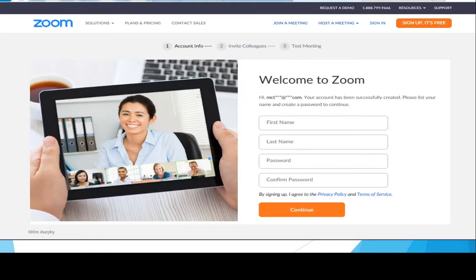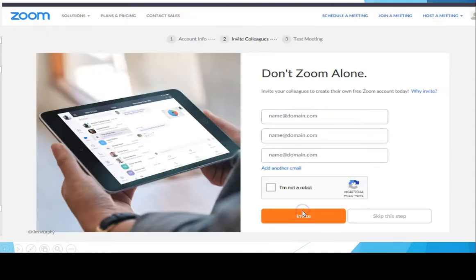And in this screen is where you need to put in your first name, last name, and a password, okay? Now, as I said a minute ago, if you had said no, that you weren't a school, it would have just brought you to this screen here, okay? So make sure, first name, last name, stick in a password that you're going to remember. You put it in twice just to be sure, and then you press continue,